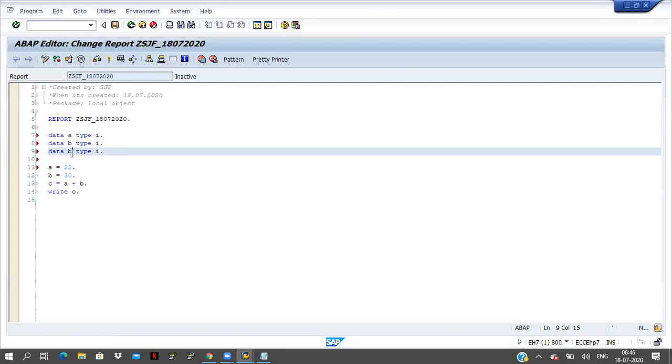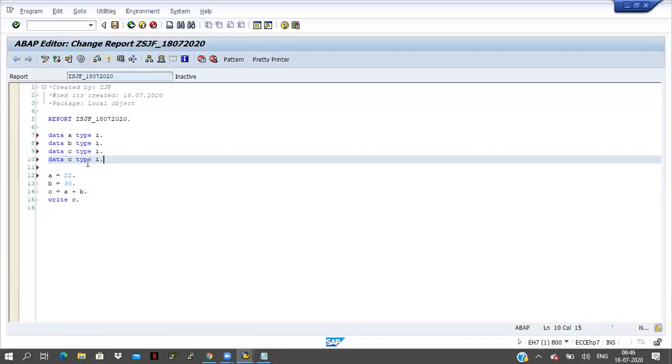In place of B, I will pass C type I. One more time I want to copy and paste the same line into the below line. At that time, just click on that line and click Control plus D. See, automatically one line is increasing here. Copy and paste, automatically it is coming here.